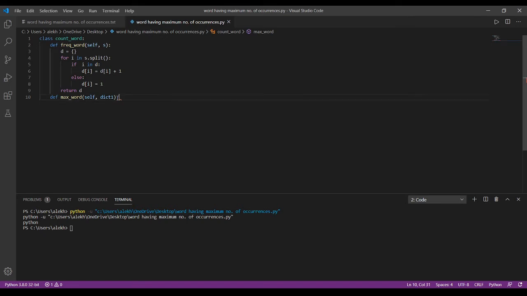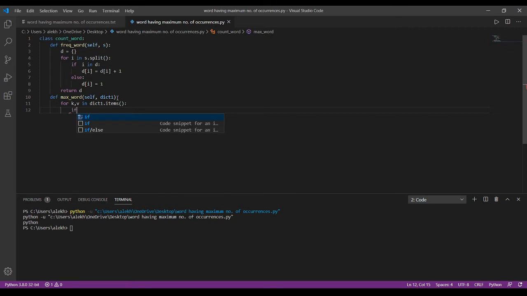Let's take dict1. Here we are finding the maximum number of word, so using a for loop, for key comma value in dict1.items, it returns a list of tuples.